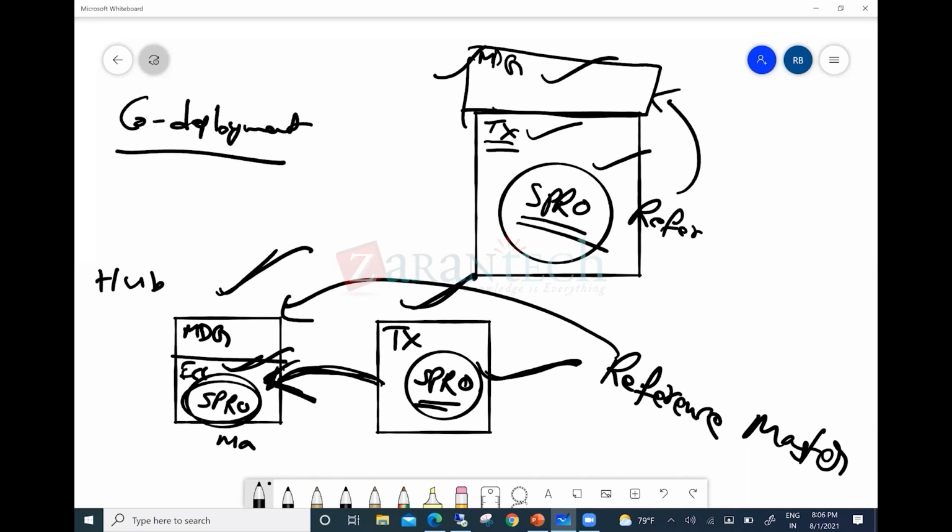Different master data. Okay. So one we talked about was replication. Another one we talked about was reference master. So both are in favor of your co-deployment scenario only. The third point here is,